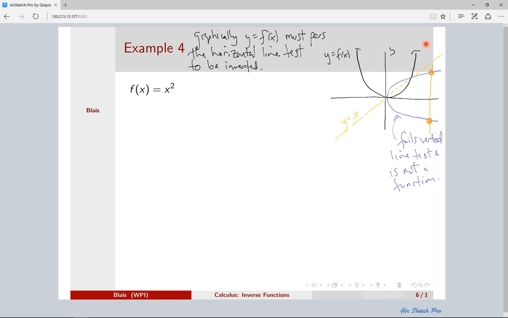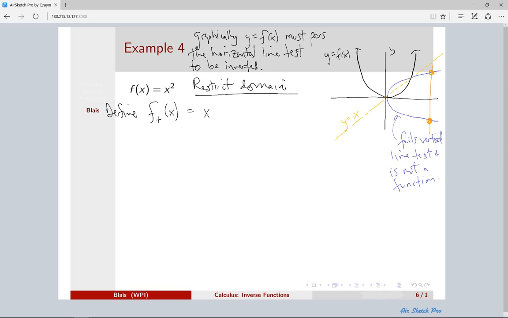So right, this one is broken because it fails that horizontal line test. But what we do is we can restrict the domain and still do something. So define, we'll call it f plus of x